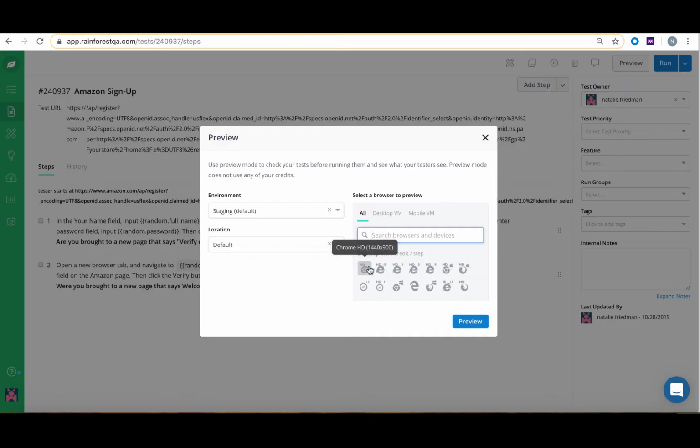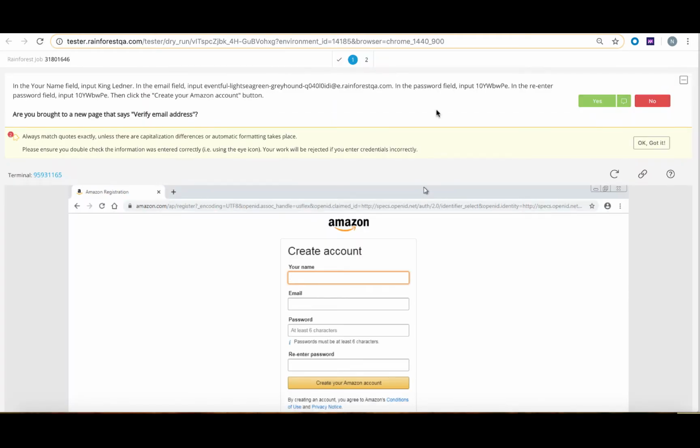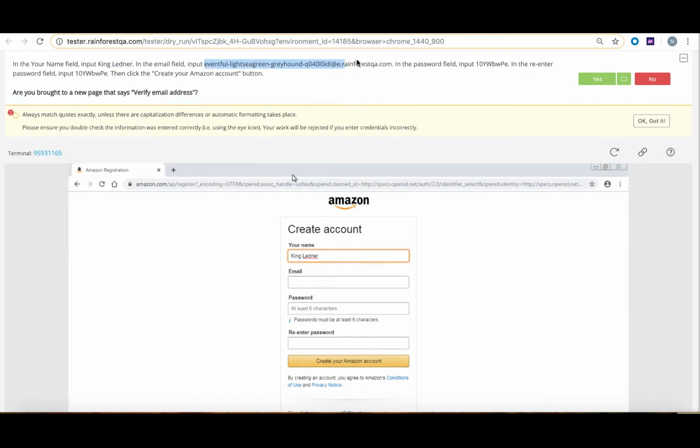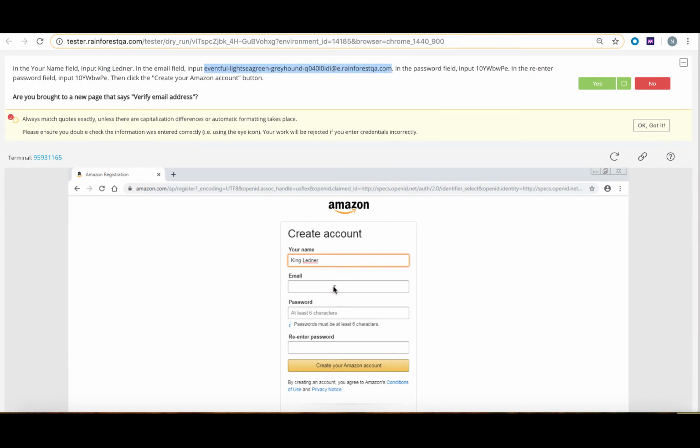Let's preview our test, which will show us the tester experience and allow us to see how our variables will appear to testers. We can see the test steps at the top of the screen. As we can see, we've been given a random name, random email, and random password that we can copy and paste into the fields. Let's move on to our next step, where we need to retrieve our one-time password from